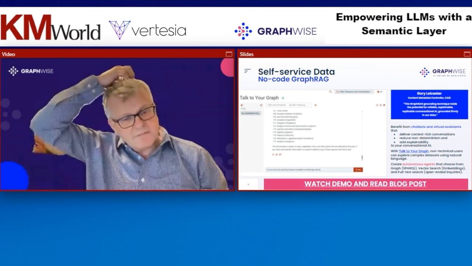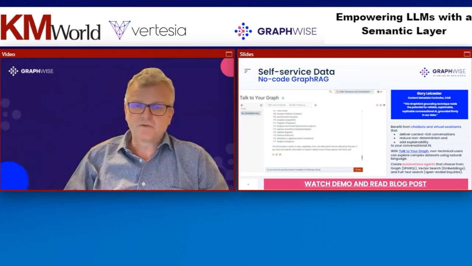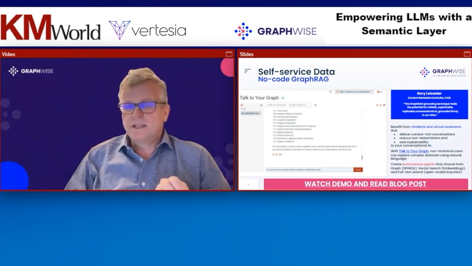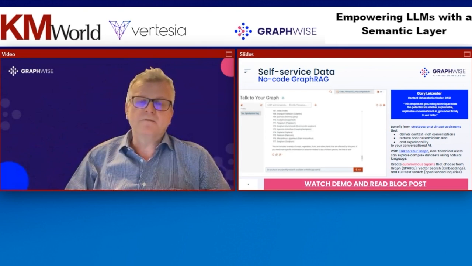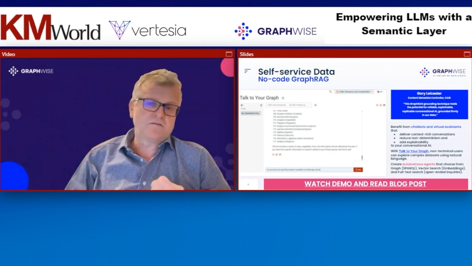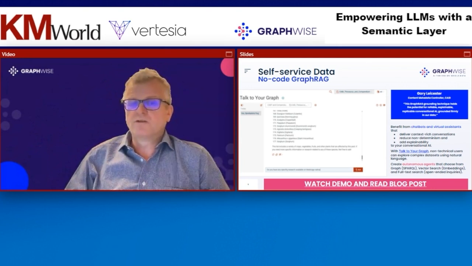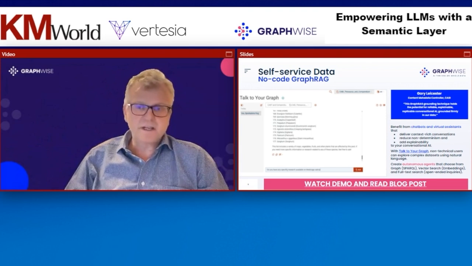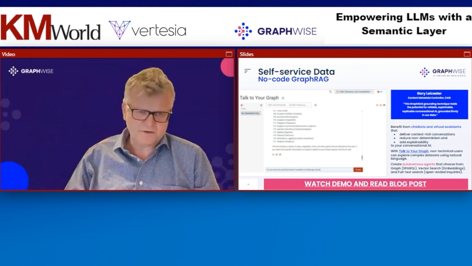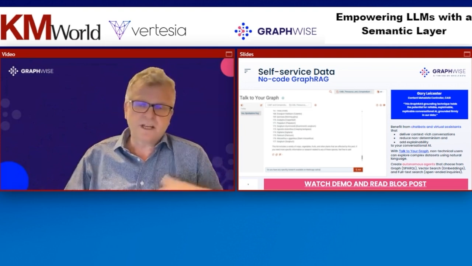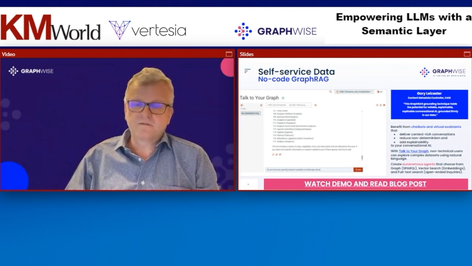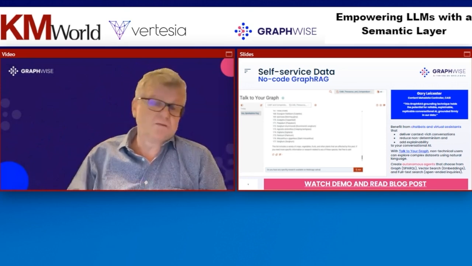Okay, so another example of GraphRAG where the semantic layer plays an essential role is when you really want to trust that all the answers are based on factual data, on data you have in your knowledge graph. Then you could use GraphRAG flavors like Talk to Your Graph. It's a self-service data system. No-code GraphRAG is used here, and the trick is that with help from LLMs, natural language queries are translated into SPARQL queries. The majority of the population on planet Earth cannot write any SPARQL query, but you can ask questions, and the system in place can translate that into SPARQL queries, and then together with vector search and full-text search, which you can configure no-code, as said before,